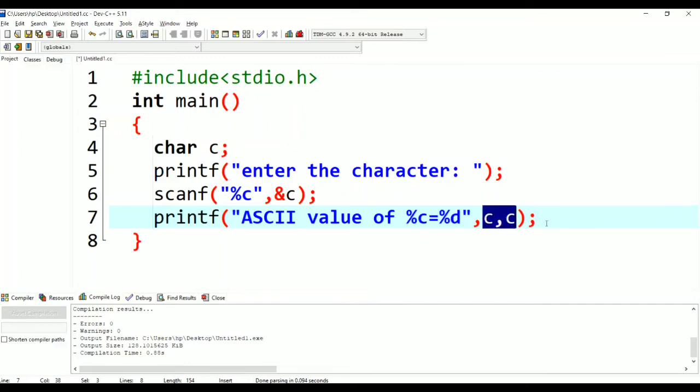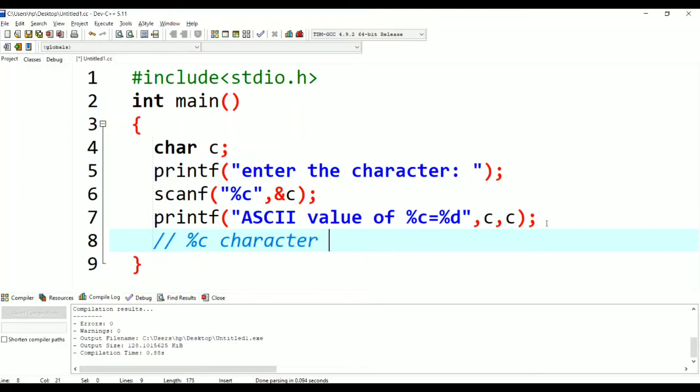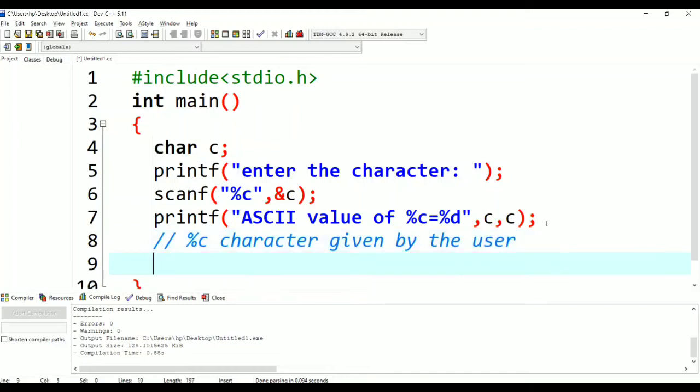So first we will go through that. What is %c here? The character given by the user.